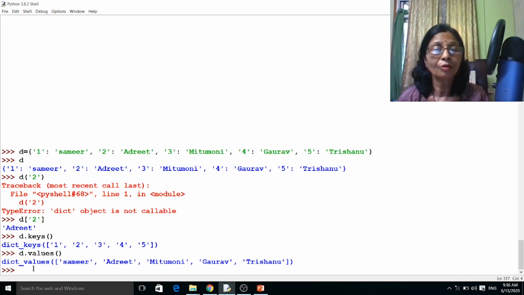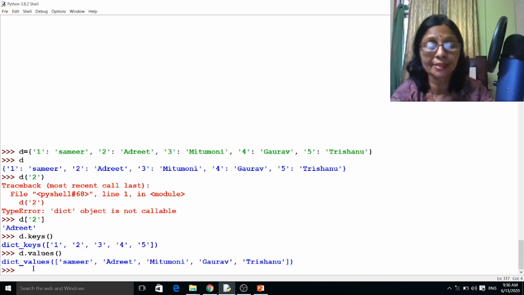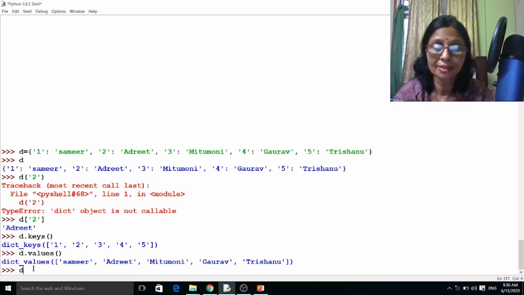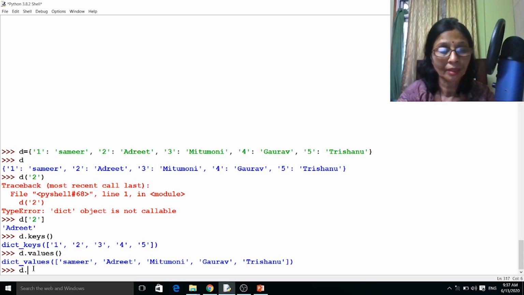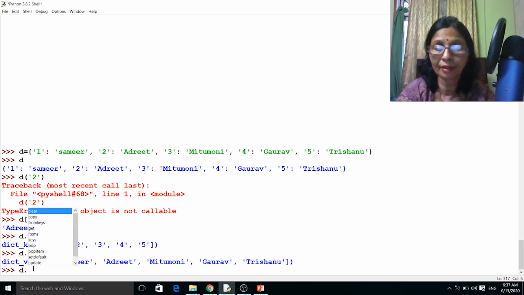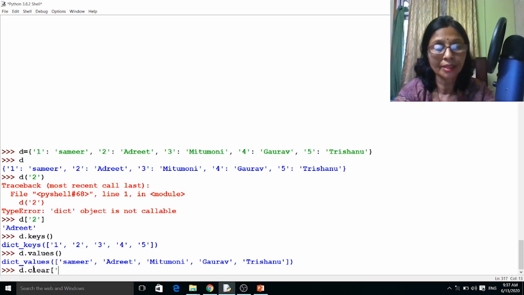Now how to enter some new value in the dictionary? For that I will have to mention the key name, that is d, with the key value I am giving here, say 6, followed by an equal sign with the value, say Ashim.